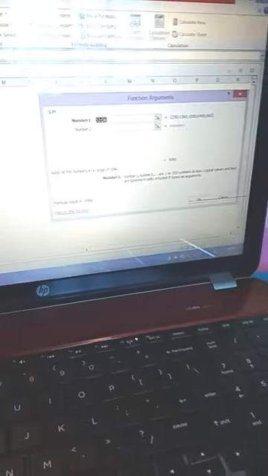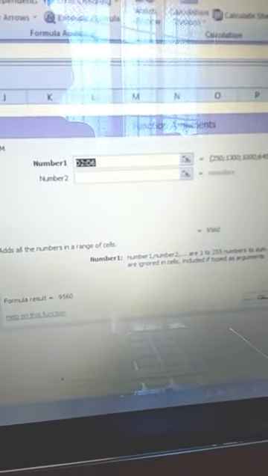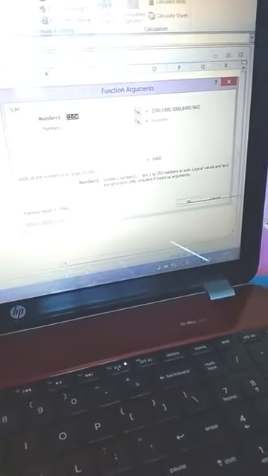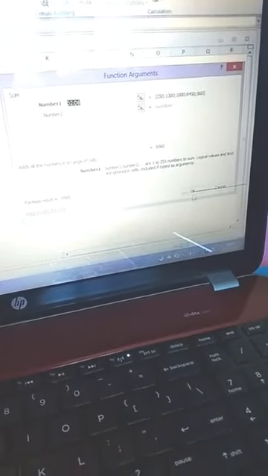We will select it. Here you can see the cell numbers are already given. We just click OK. If we click it, we get our answer.